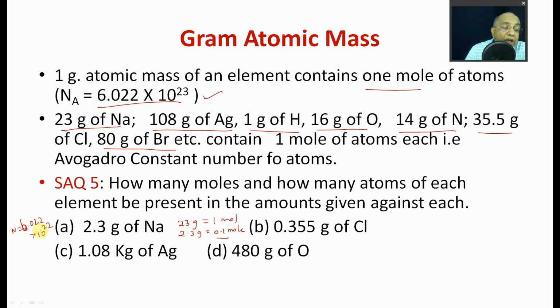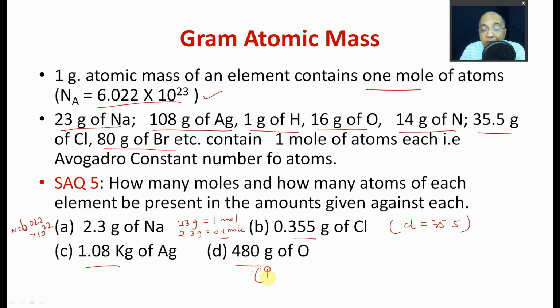And 1 mole contains 6 into 10 to the 23 atoms. So 0.1 mole contains 10 times less. Similarly, you can find all these things at your homes, and you will try to practice, get more confidence. Where the atomic mass of chlorine is 35.5, and in the lecture note, you will find the answer, so you can match with them.